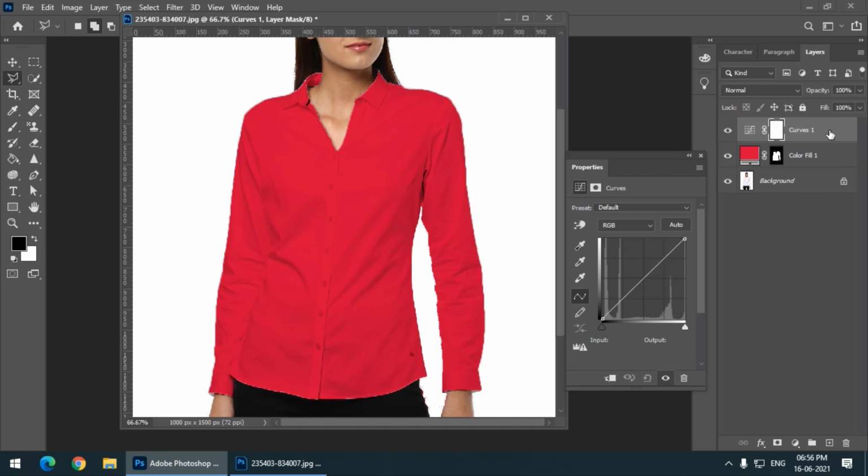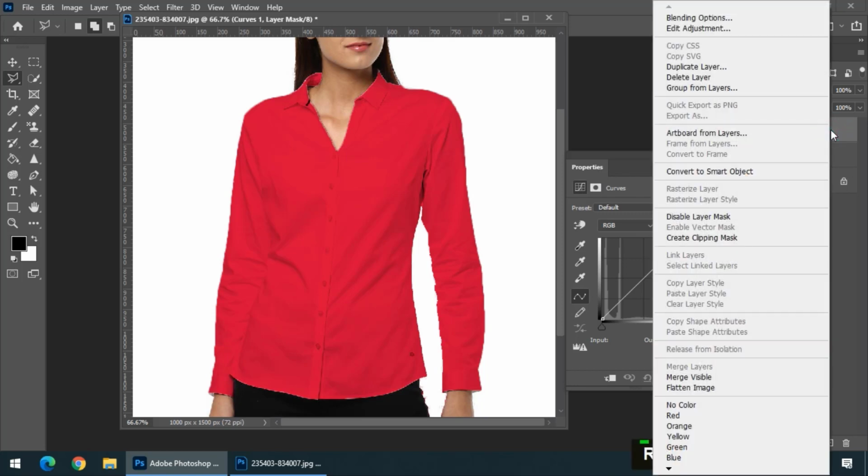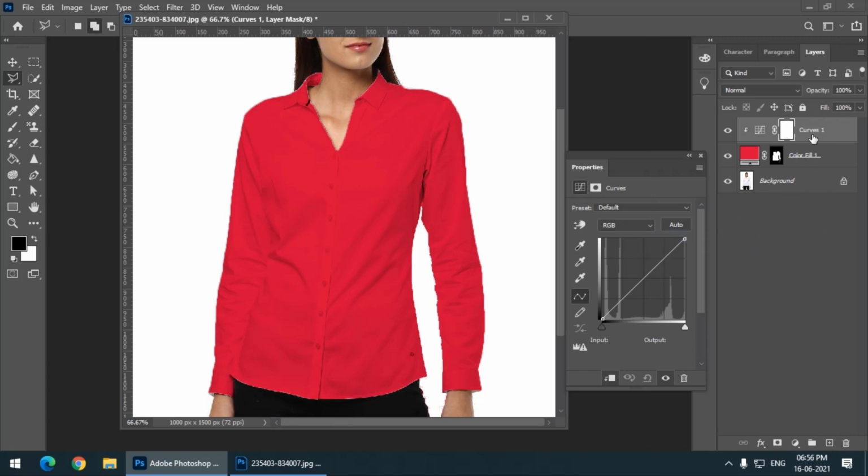We want to affect only the solid color layer. So what we will do is simply right click on the curves adjustment layer and select create clipping mask, which will connect this curves layer to the layer below it, which is the solid color layer. You can see this arrow.